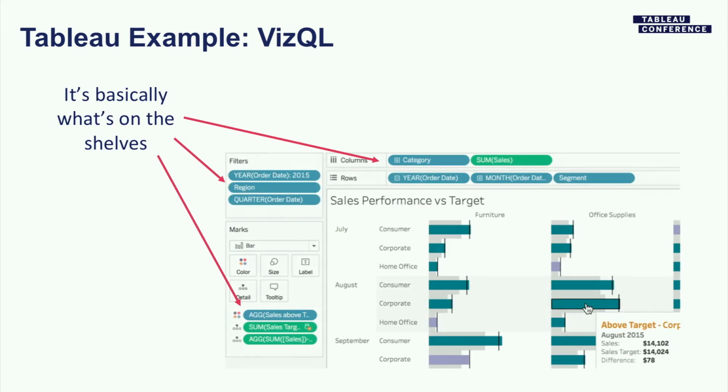Okay, so now we get to, like I said, the heart of Tableau, VizQL. And you can basically think of it as what's on the shelves. When you grab a field from the data window and drag it onto one of the shelves, you are creating a VizQL expression. So rows and columns and filters and the marks card, all that, that's just VizQL. When we're working on it in the code,